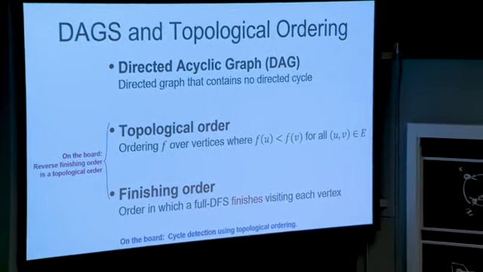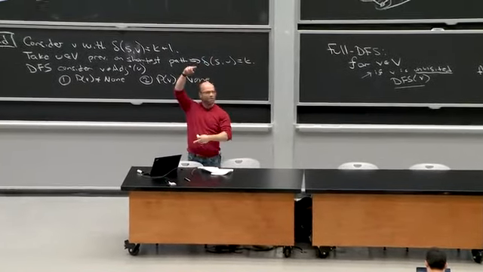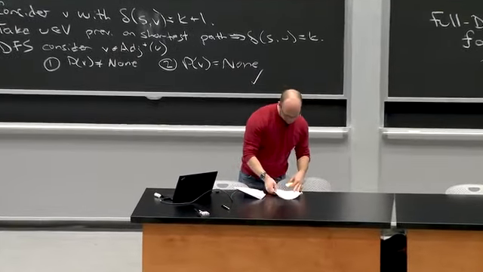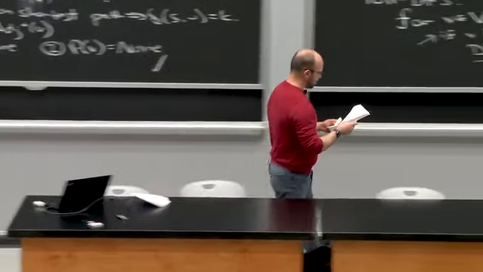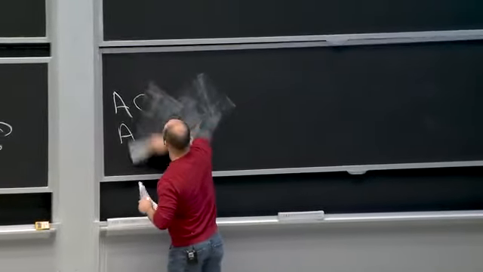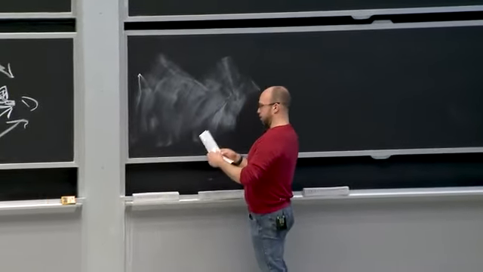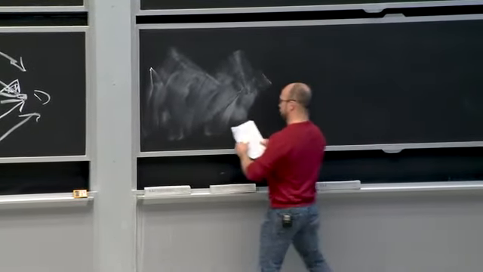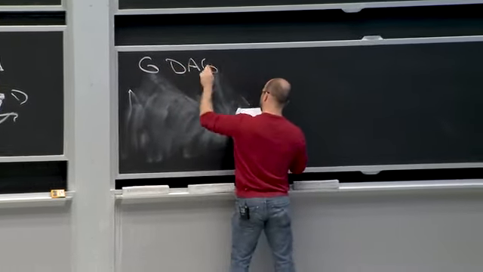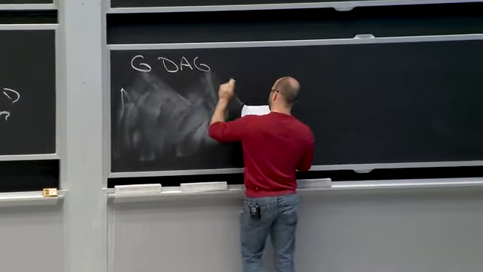Yeah? And now here's the claim: if we have a reverse finishing order, meaning that we take the finishing order and then flip it backward, that's exactly going to give us a topological ordering of the vertices in our graph. Right, so let's do that really quickly. In other words, our claim here is that if I have a directed graph, so G is a DAG, then